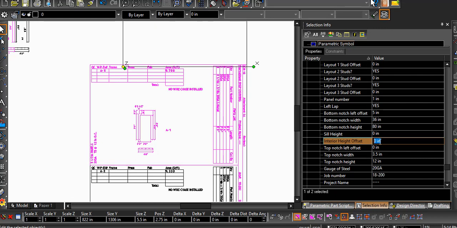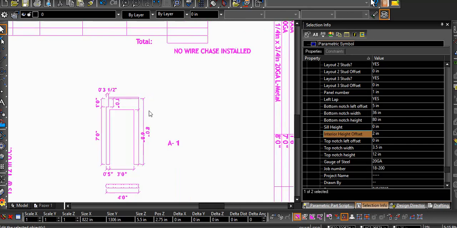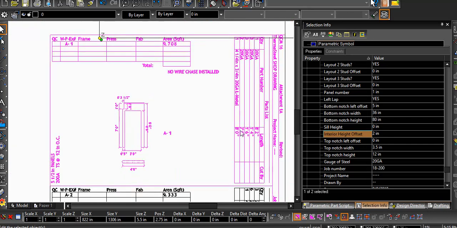So the top of the panel is beveled, and this dimension is described or specified as an interior height offset, which means it can be added to or subtracted. A positive number adds. So the interior studs are in this case now 2 inches taller. My report